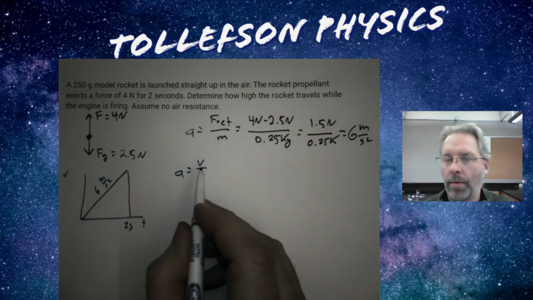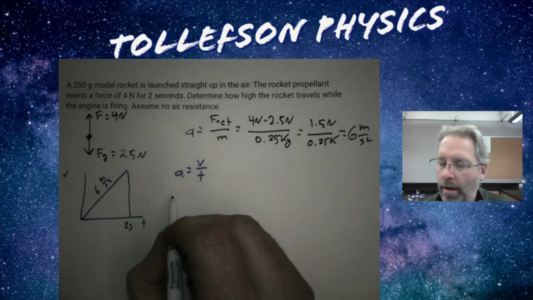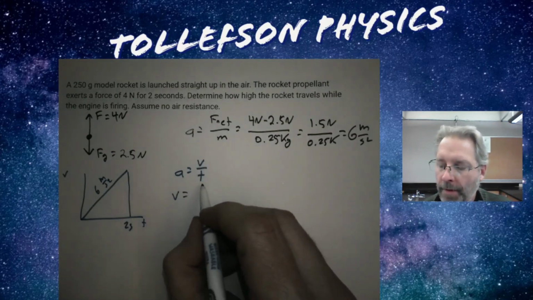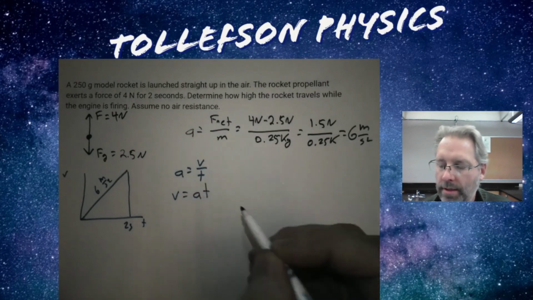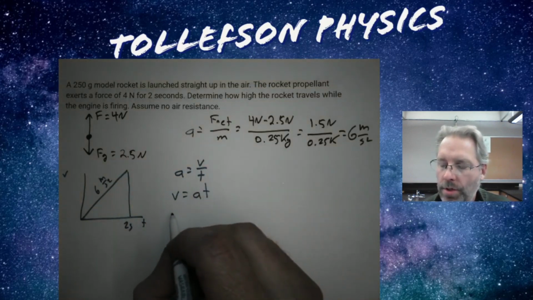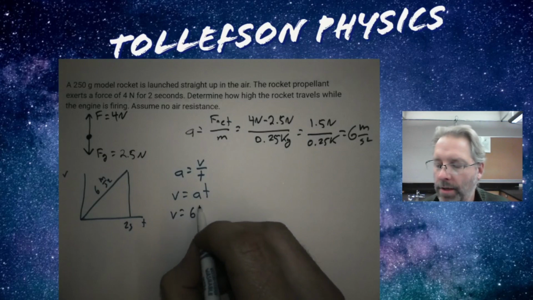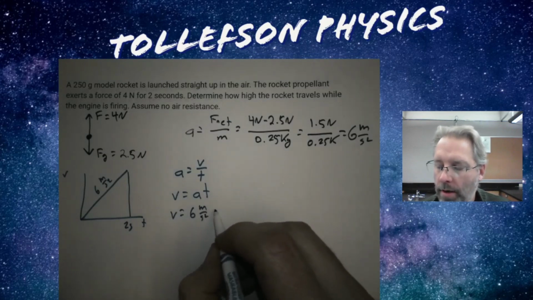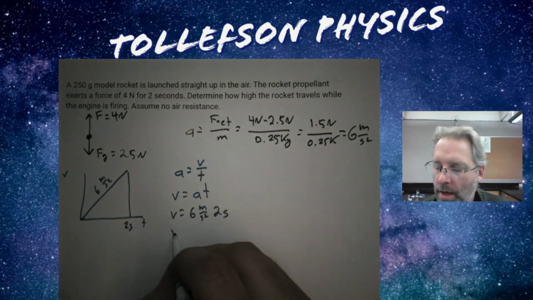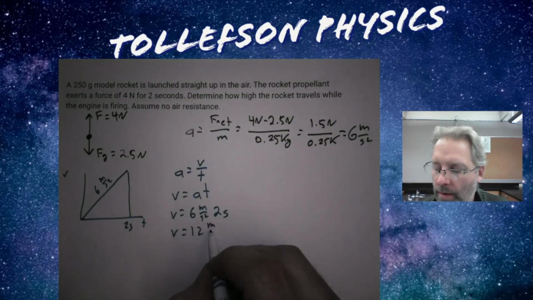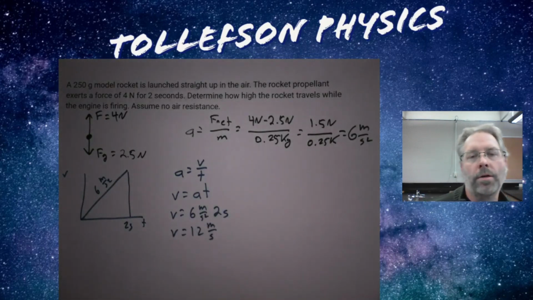Since I know the time and I want to know the velocity, I'm going to cross multiply, so I get acceleration times time. In this particular case, the acceleration is 6 meters per second squared, and the time is 2 seconds. So that final velocity when the rocket is done firing is 12 meters per second